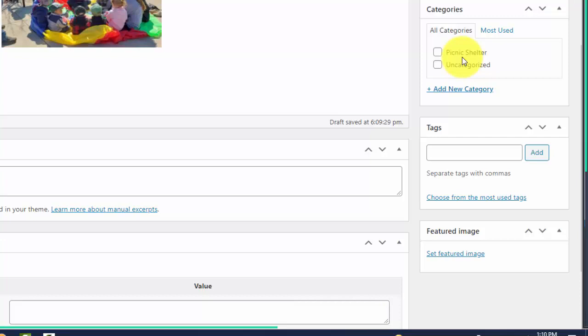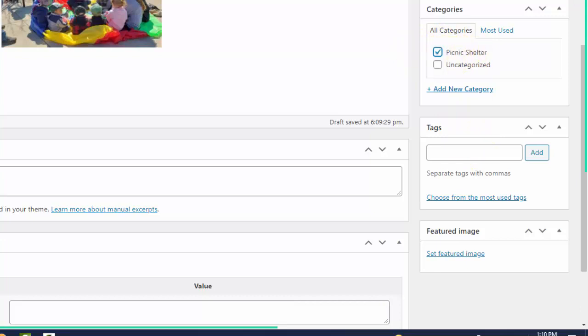So categories is how you're labeling these posts. And since there's only one blog module on the website, and it's on an interior page, I added a category called Picnic Shelter. So I'm going to click